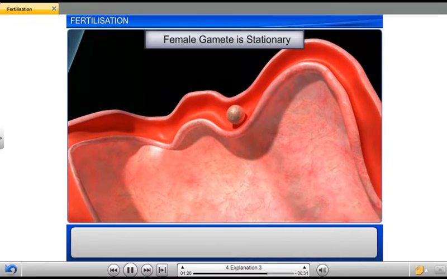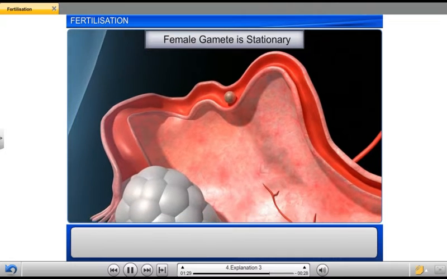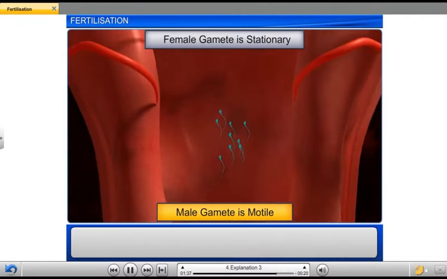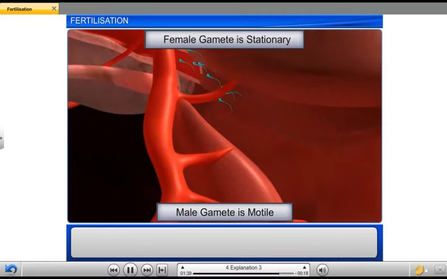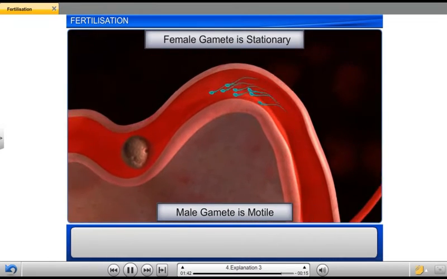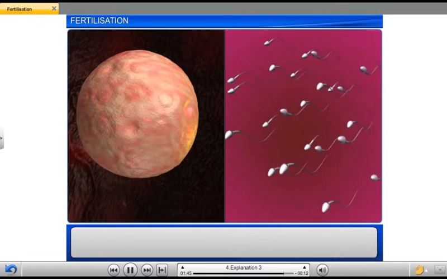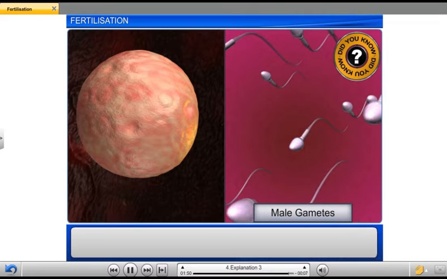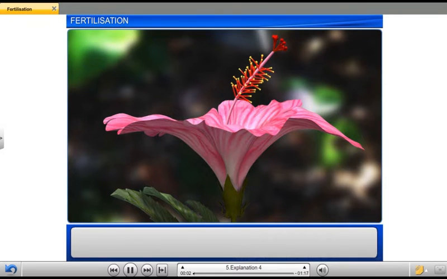While the female gamete, which is formed inside the body of the female organism, is stationary in nature, the male gamete is motile, which makes it possible for internal fertilization to take place. Did you know that though male gametes are produced in large numbers, there is a remarkable reduction in the number of female gametes that are produced? However, not all terrestrial organisms possess a motile male gamete.